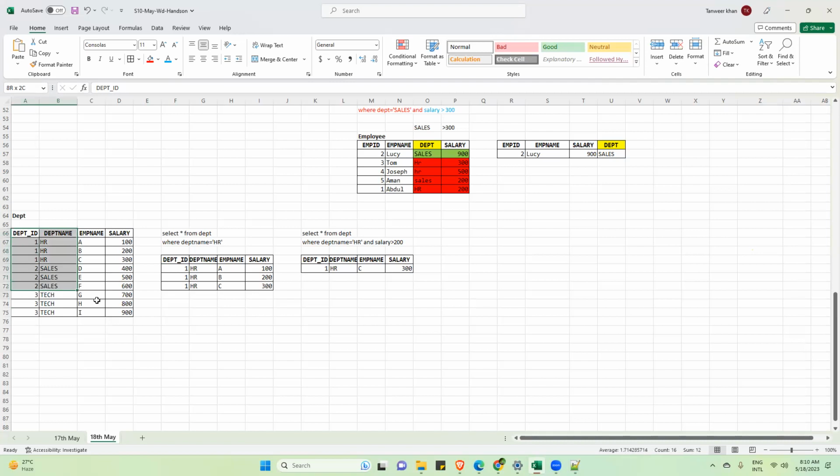From this data, I'm not talking about SQL quickly, I'm just asking you, tell me what should be the output? First three and last three.